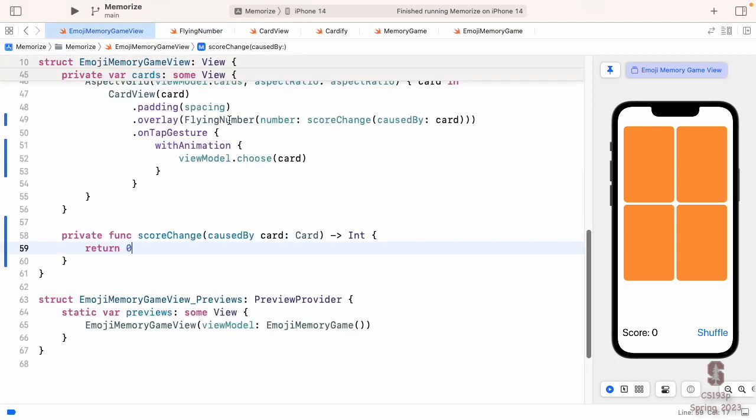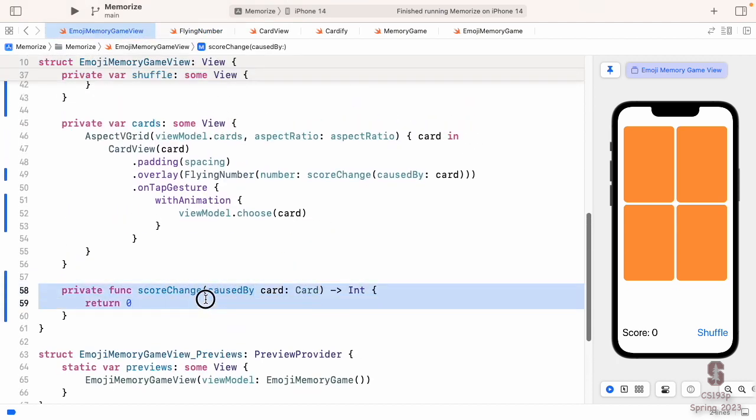We're out of time. And just a little preview of what we're going to do next. We're going to implement this score change. And the fundamental technology I'm going to use for this is something called a tuple. And hopefully you all know what a tuple is because you did your reading assignment, I hope, and you paid attention. But a tuple is a really nice little data structure that you can use for exactly cases like this, where you need to keep track of a couple of things together. In our case, we need to keep track of which was the last card that was chosen and what was the score change. That's a couple pieces of data that need to be stuck together all the time. And yeah, I can make a struct for it and all that, but it's just nicer to use a little tuple. So we'll do that to start on Wednesday.